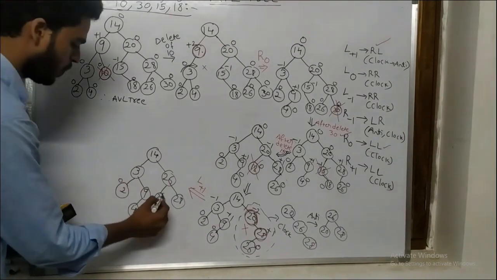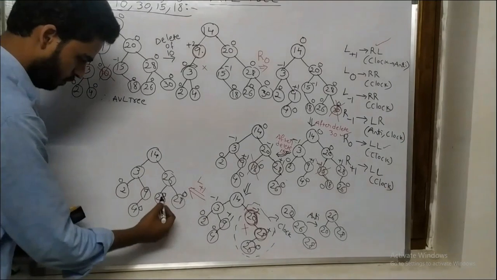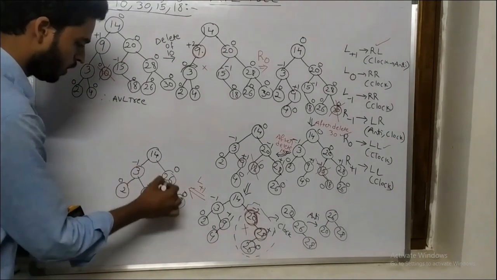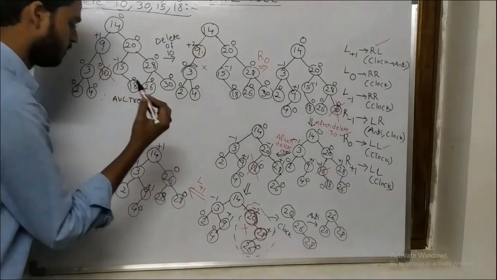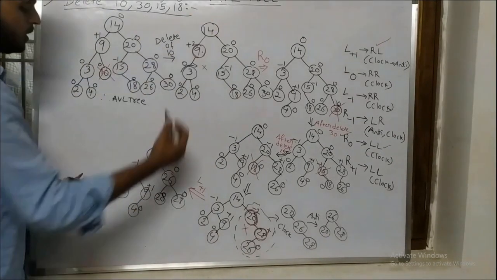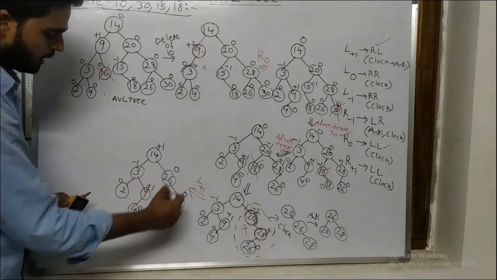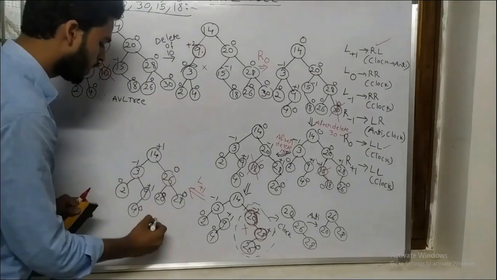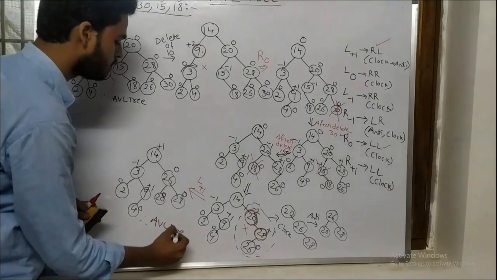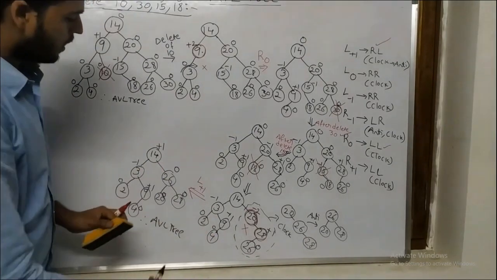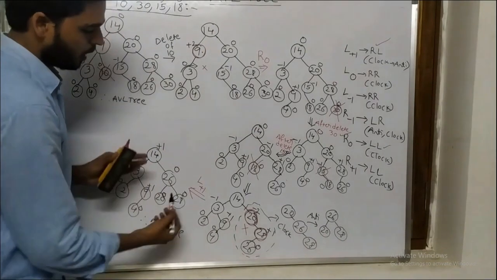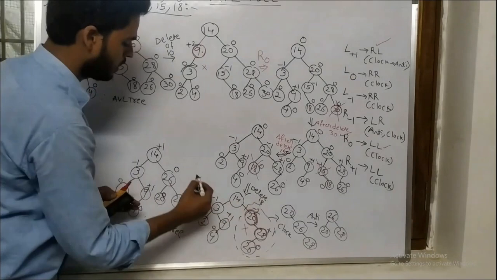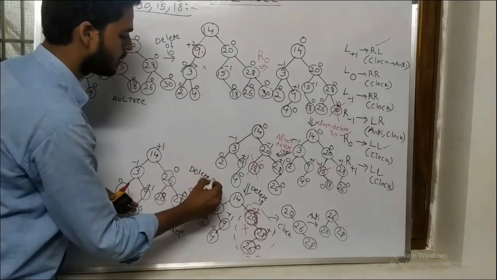Now check the balance factor. 0, leaf nodes 0, 0, 0, 0, 0, plus 1, 1, minus 2, minus 1, 1, 2, 3, 1, 2, plus 1. Okay, all deletions are completed. Now, in this tree, the balance factor of every node is either 0, plus 1 or minus 1. So I can call it an AVL tree. Here I have deleted 18, right? Because of deleting 18 only, I got my tree like this.